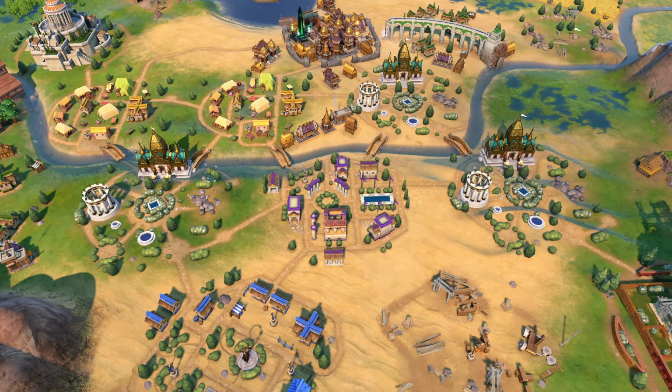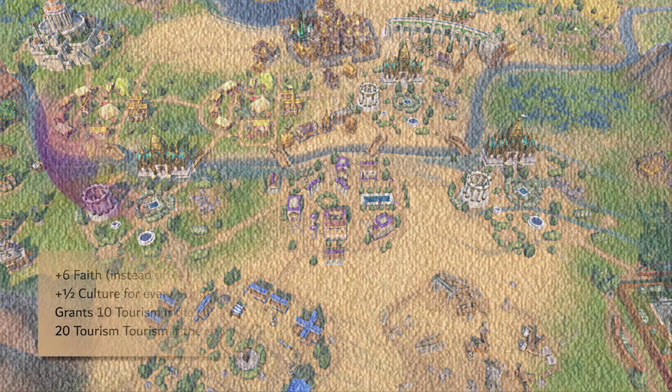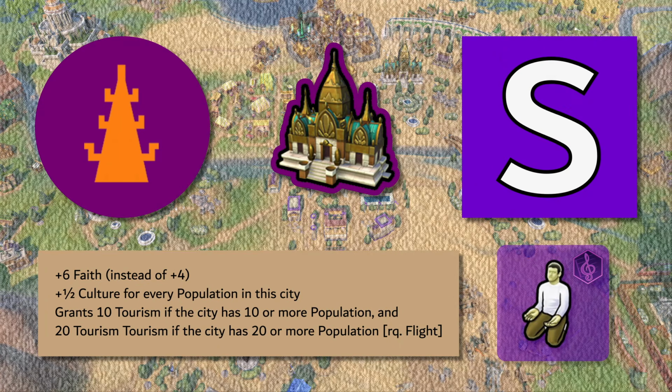I will pray for that forgiveness in the Khmer Prasat, replacing the temple and unlocking at theology. The Khmer are a civ that would always get temples even if they didn't have a unique one, and this one has a better faith output, culture from population, and even tourism to boot. Especially in a civ that already likes building tall and pious cities before factoring in this building, the Prasat is,